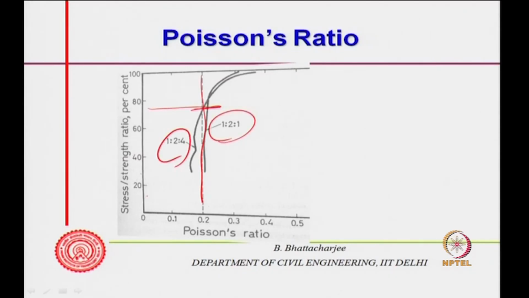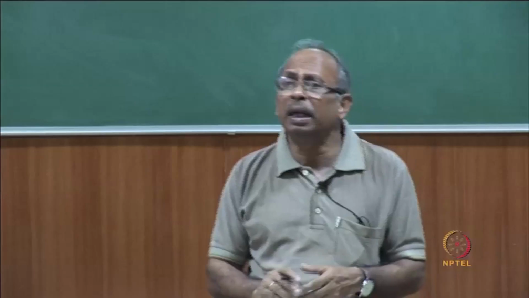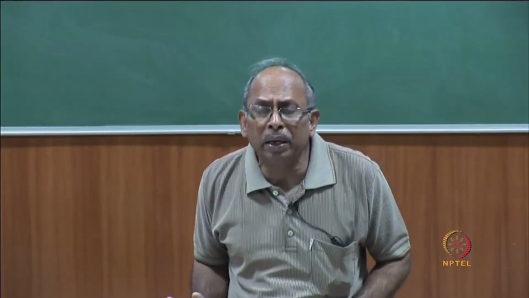In the good old days, people conducted experiments and found out that beyond that point, Poisson's ratio actually starts increasing. It can go close to about 0.3 or 0.4, depending on your stress to strength ratio. So, before failure, Poisson's ratio increases, and we understand this because a lot of micro cracking would have occurred,